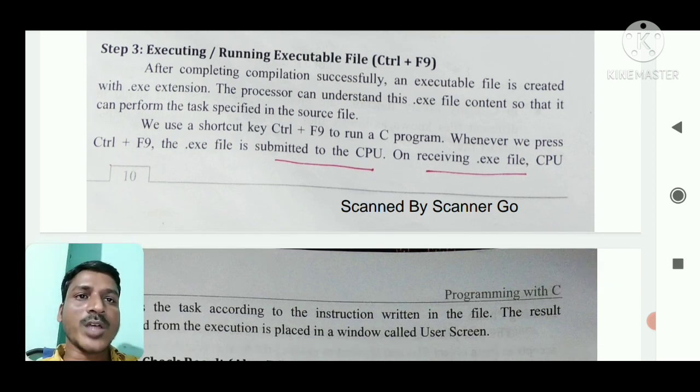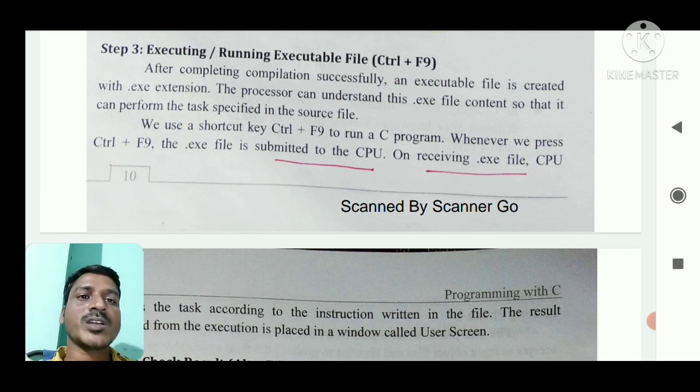So the processor, the CPU, can understand this .exe file content so that it can perform the task specified in the source file. Whatever instructions we write in the program, the .exe file performs the task specified in our source file.